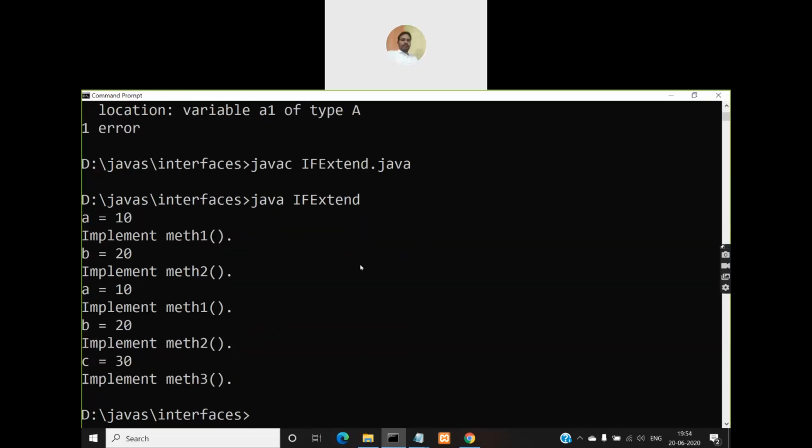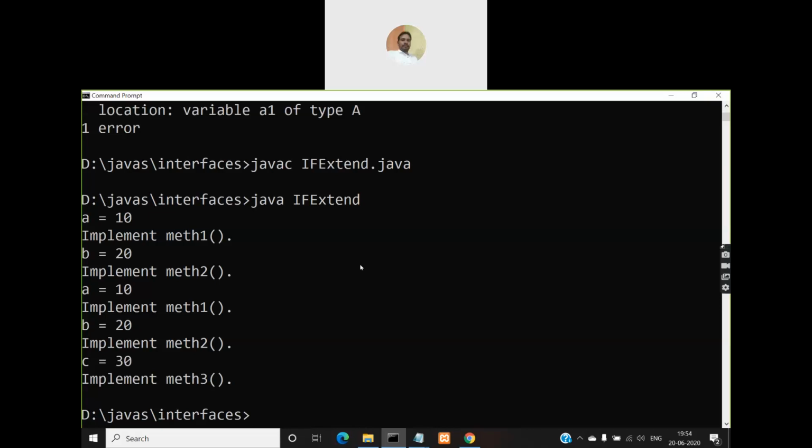So now it will work. Using the reference variable for interface A, you can only call meth1 and meth2, but using the reference variable of B, you can call all the three methods: meth1, meth2 and meth3.